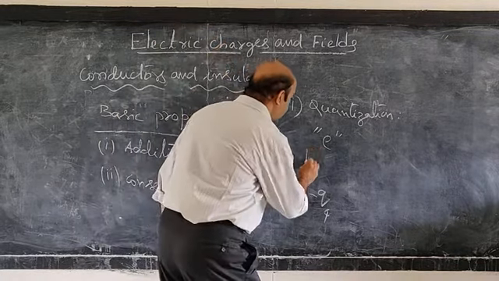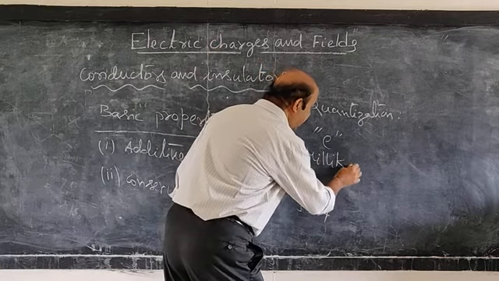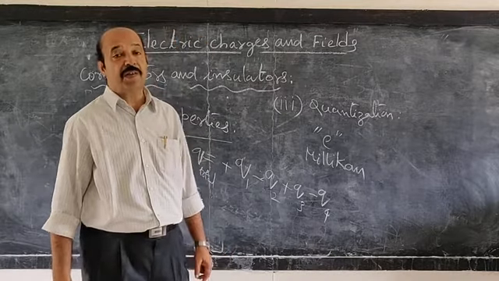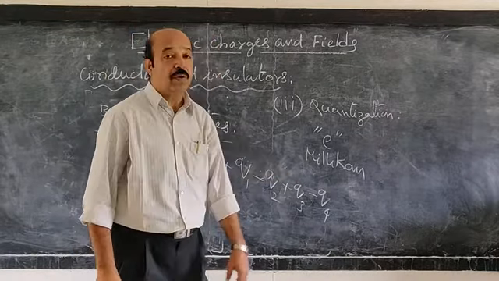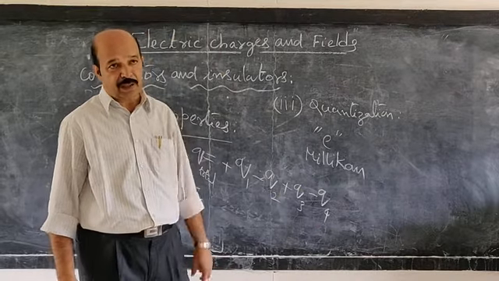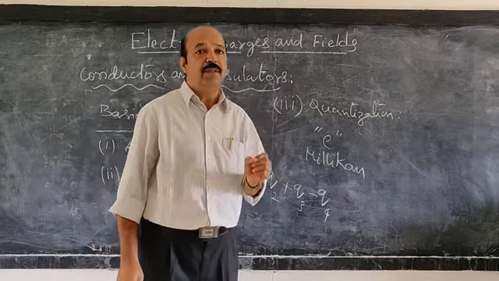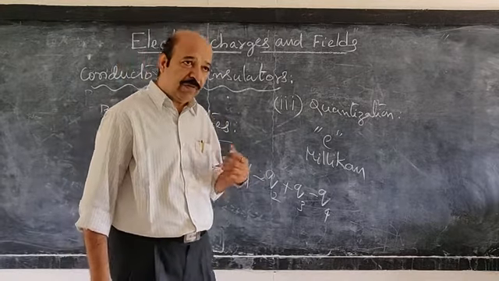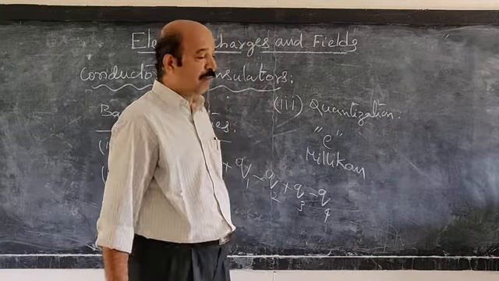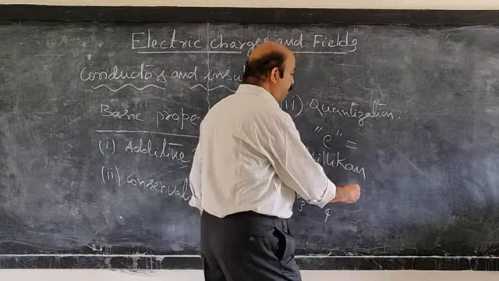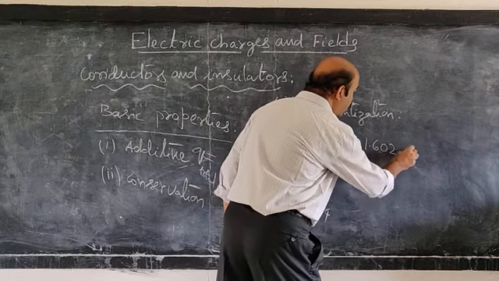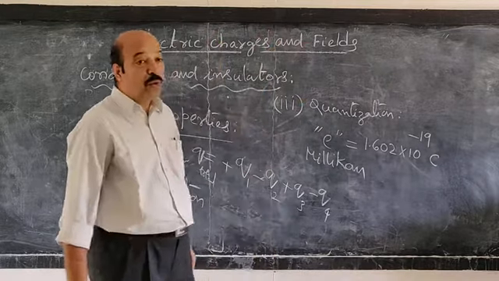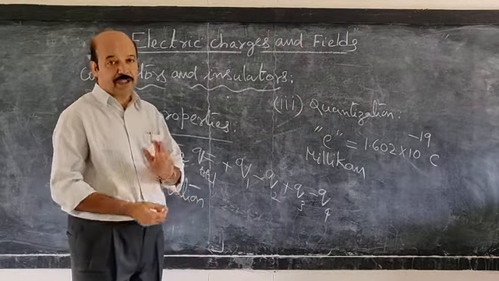Later, it was Millikan. He did an experiment with an oil drop, called Millikan's oil drop experiment, through which he could find out the charge of an electron, the smallest value of electric charge any particle can possess. So he found that it is equivalent to the charge of an electron, which is found to be 1.602 × 10^-19 coulombs. So the coulomb is the unit of electric charge.